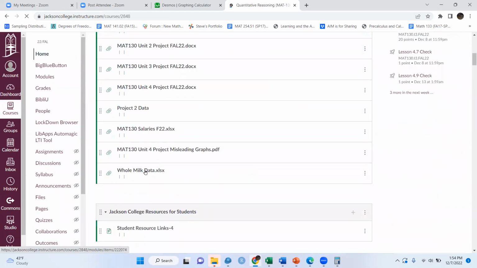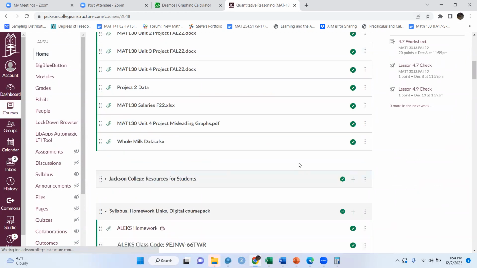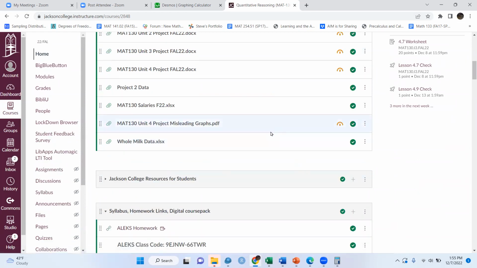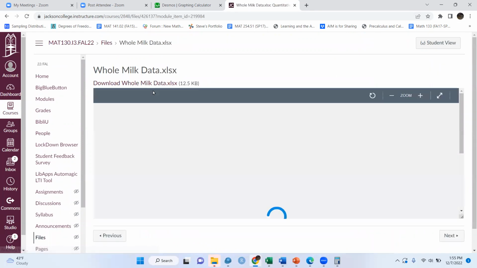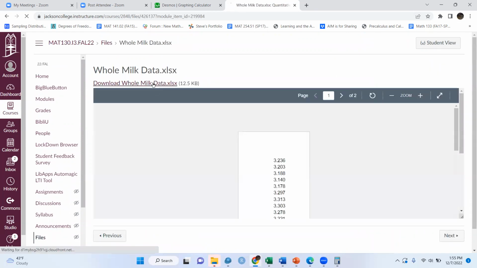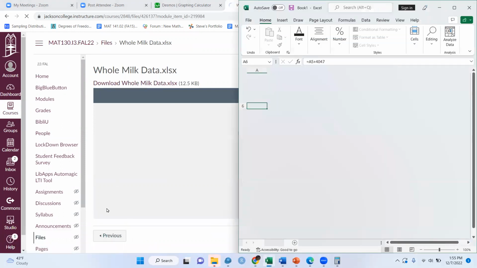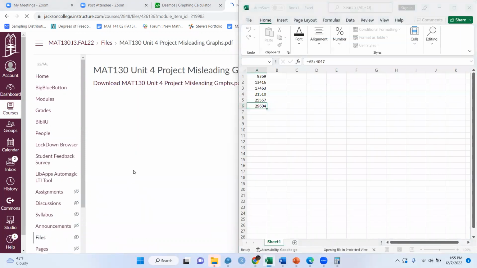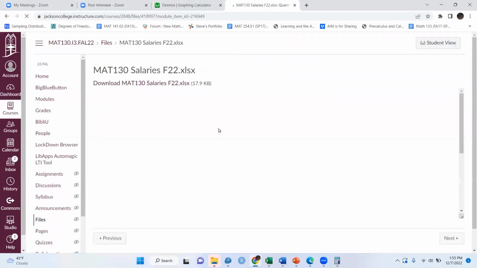So what I'm talking about is this whole milk data here. So open this up. And so what we're doing here,